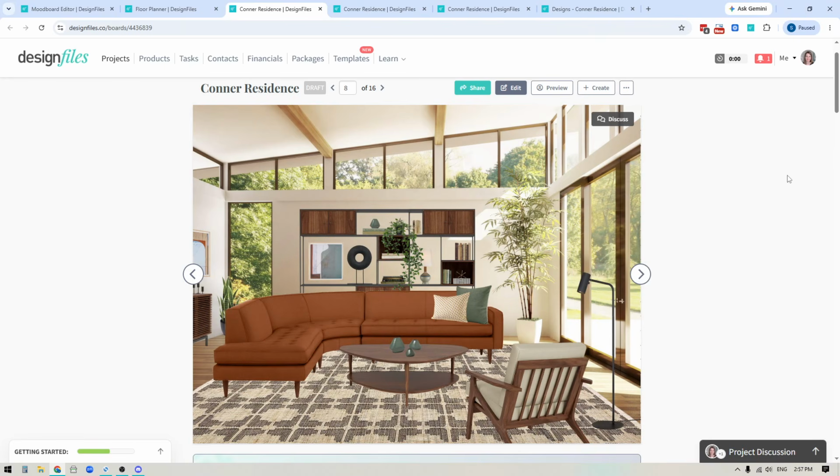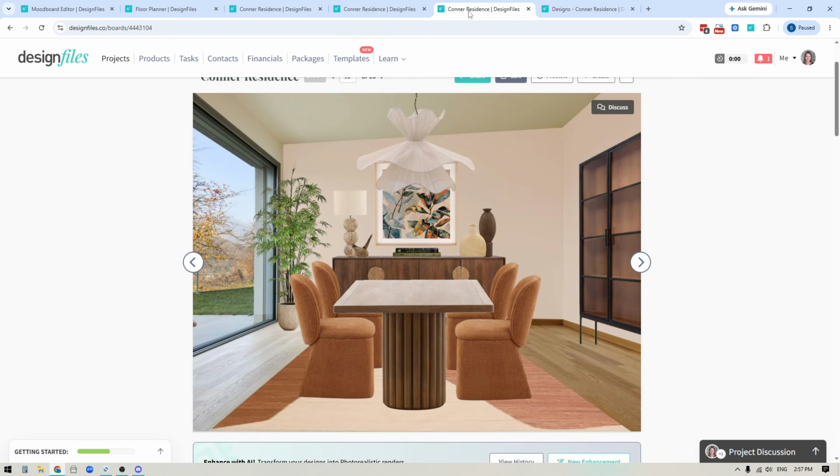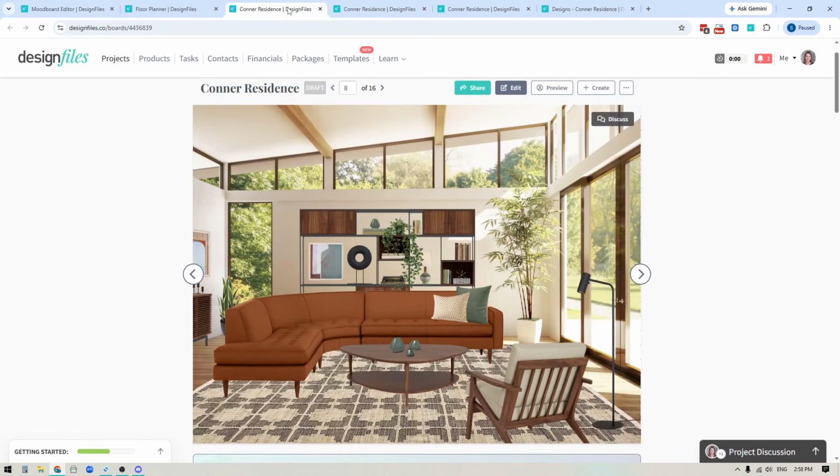If you love the idea of being able to create realistic room mock-ups for your clients so they can really visualize how all of the furniture selections are going to come together within their space, but you're hitting a roadblock because the images that they provide to you of their space are like this, where it's drab, it's kind of dirty looking, it's on the wrong angle, it's blurry, and it's just not something that you can really use to create a beautiful room mock-up, then keep watching, because in this video, I'm going to show you how you can